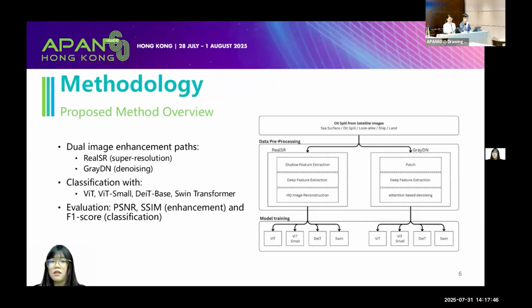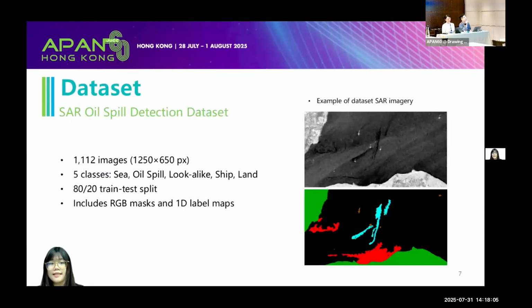For classification, we use four different transformer models, like ViT-small, DeiT-based, and Swin Transformer. We evaluated enhancement quality using PSNR and SSIM, and for classification accuracy we use precision, recall, and F1 score. About the dataset, we used the SAR oil spill detection dataset, which contains